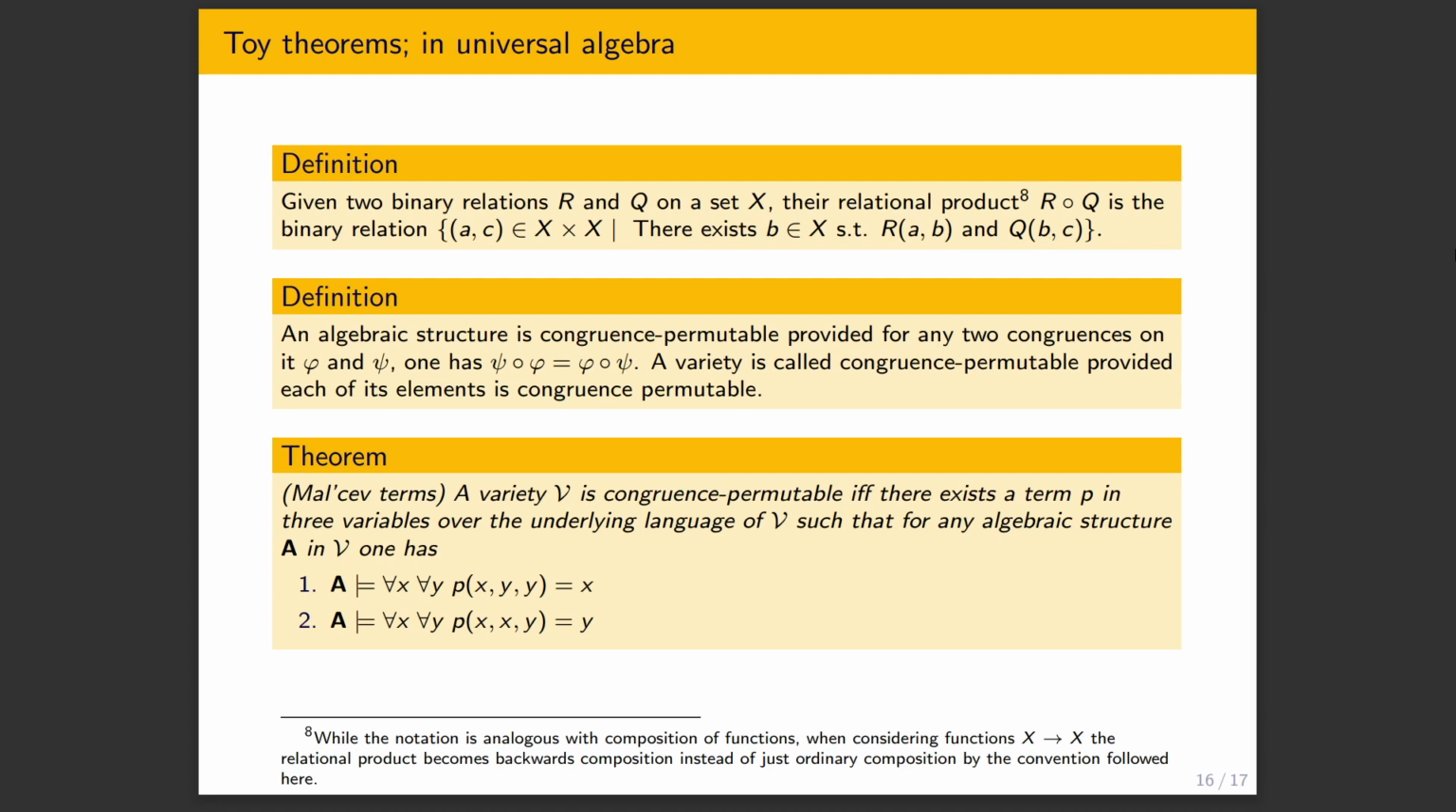So the theorem: these terms are going to be called Malcev terms, this P, and the variety V is going to be congruence permutable precisely when there exists a term P in the underlying language with free variables, such that for any structure in V, the structure models that P of X, Y, Y is X, and the structure models that P of X, X, Y is Y. That's maybe not intuitive for anybody who hasn't seen anything about congruence permutability,